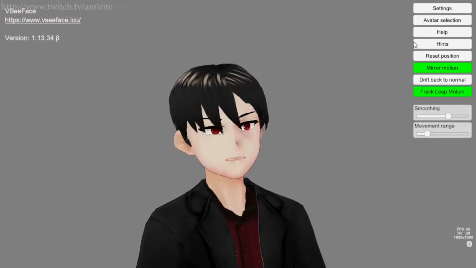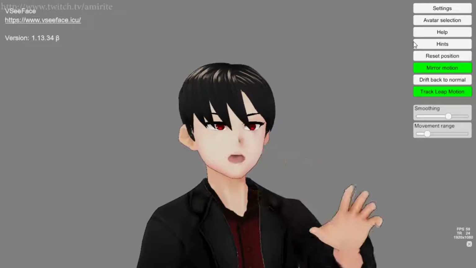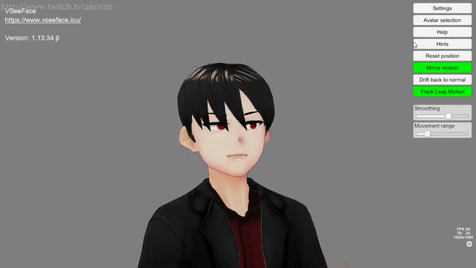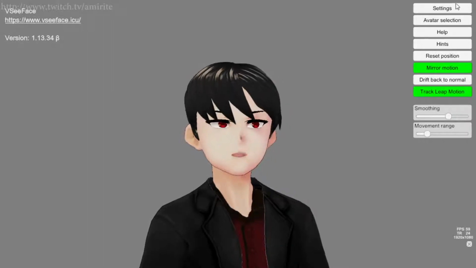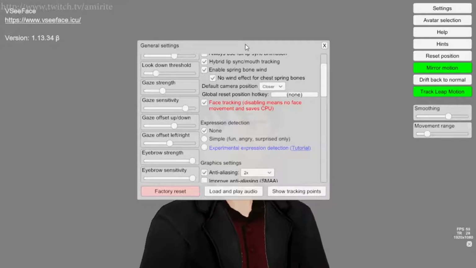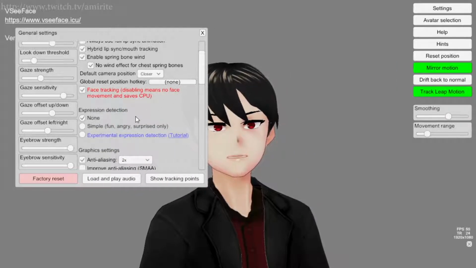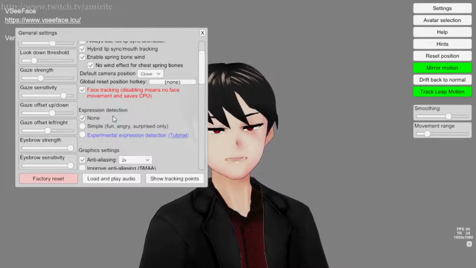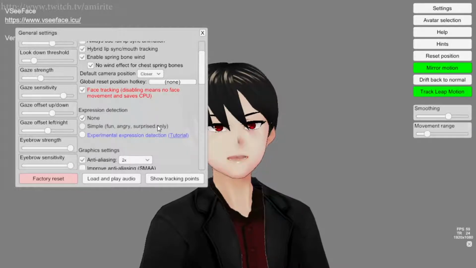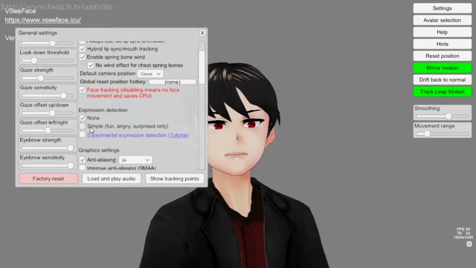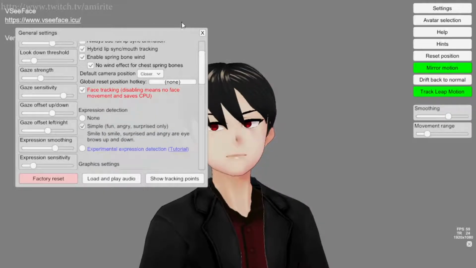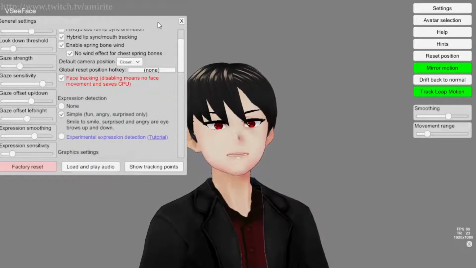All my emotion stuff is currently off, and I'm going to show you how to turn it on and show you the basics of setting it up. Now, first thing you're going to want to do is go to Settings, click General Settings. Then from here, you have two detection options. You have Simple, which will give you fun, angry, and surprised, and you don't really have to do much setup for those. So if I click it right now, and I smile,